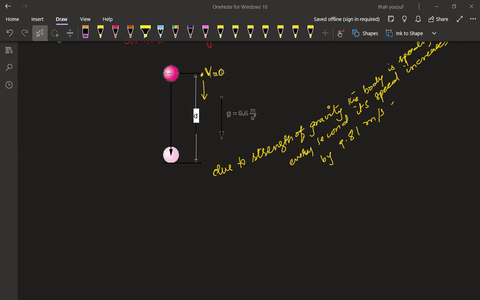Greater surface area. Think about the parachute. How does the parachutist balance himself? Initially, does the parachutist open the parachute? Have you heard about the parachutist? How do they balance? As soon as they are near the surface, when they put out the parachute, the parachute has a great surface area.